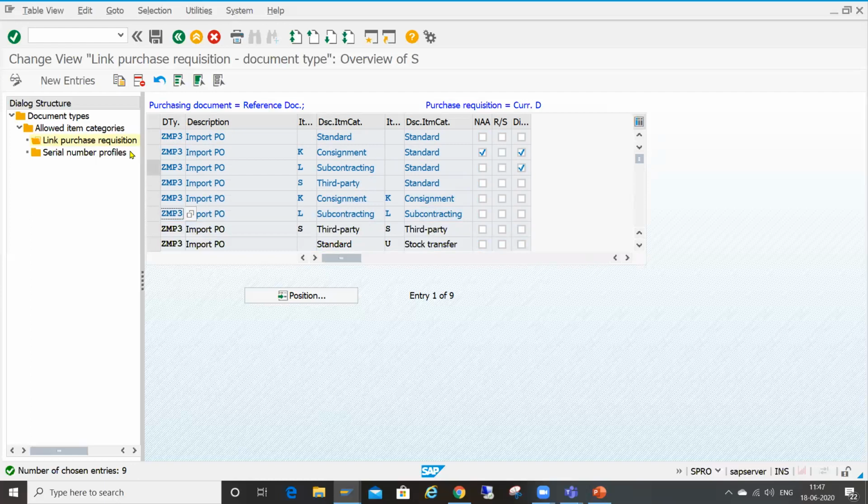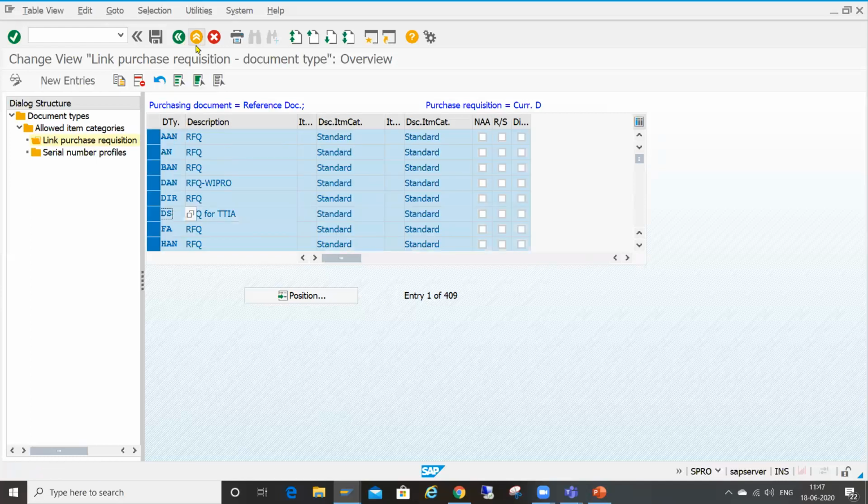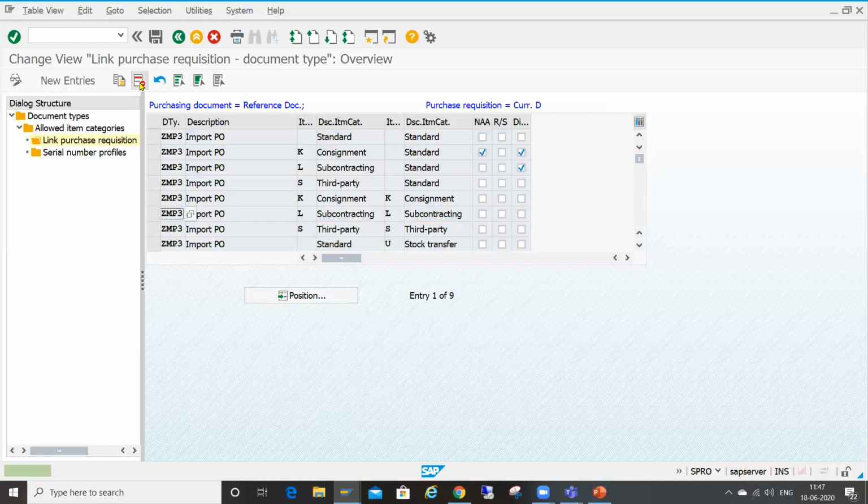Remaining, we have to delete. Now ZMP2 purchase requisition is linked to ZMP3 in the PO document.